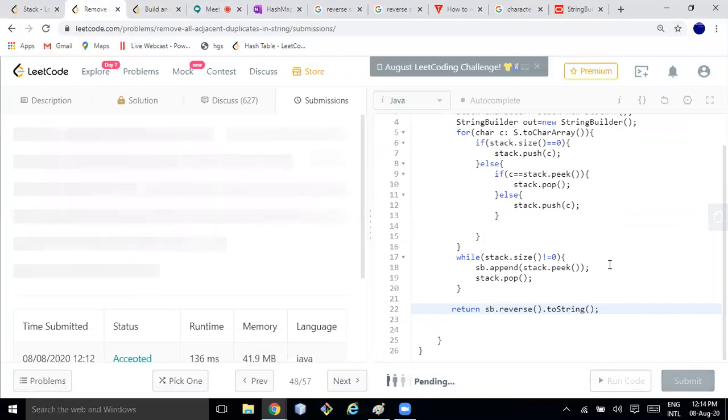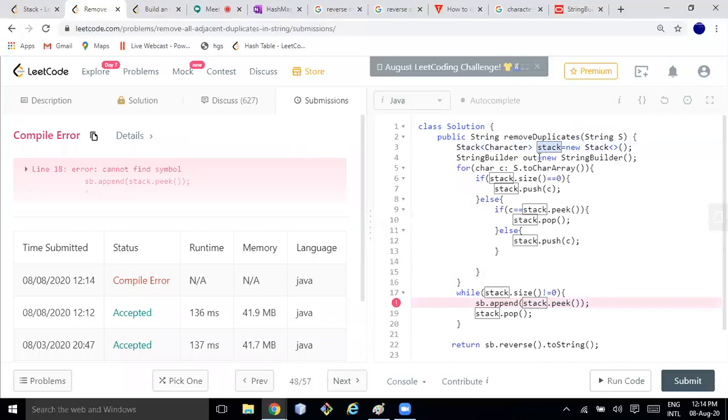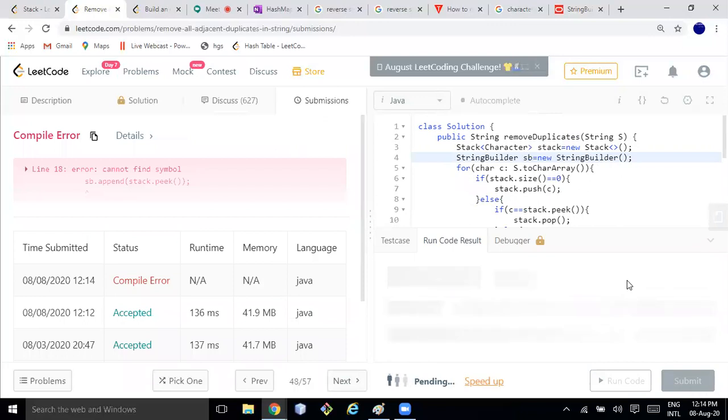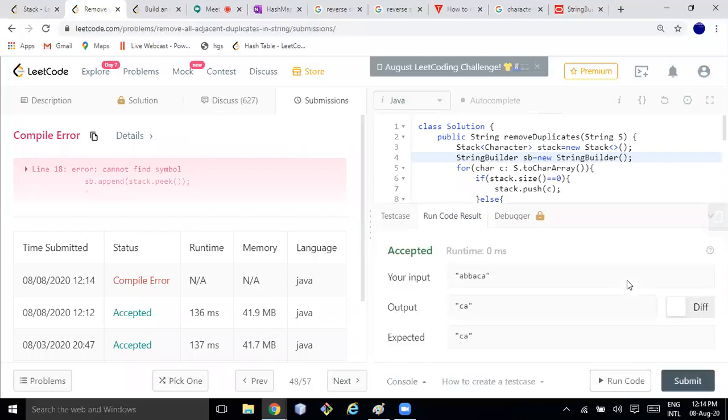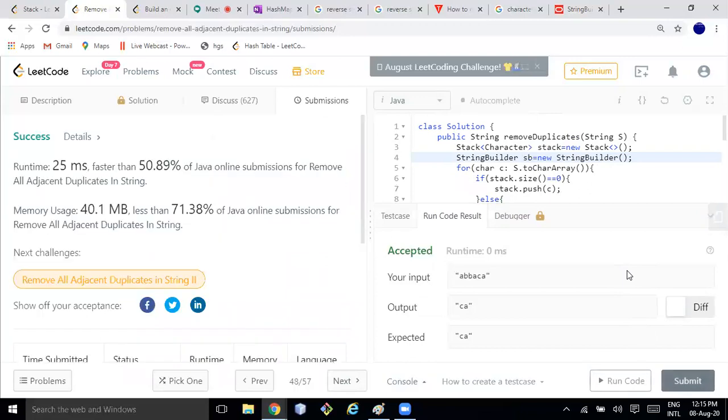No, let me check. What happened? What am I writing here? Out. A lot improved, right? 136 to 25.